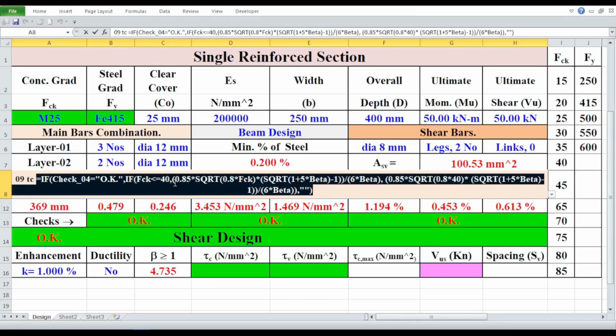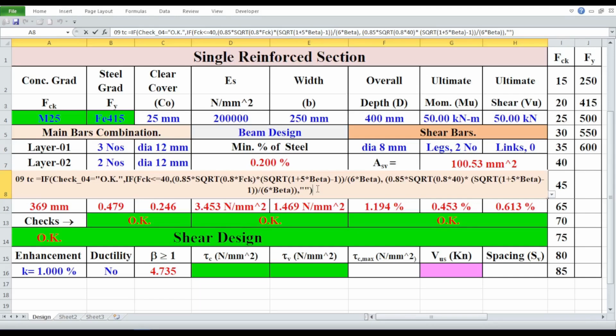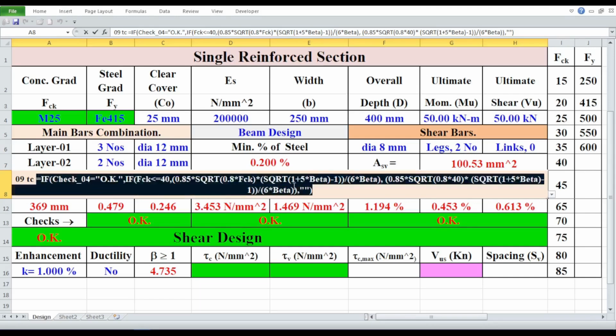less than or equal to 40, comma, open parenthesis, 0.85 multiplied by sqrt, open parenthesis, 0.8 multiplied by fck, close parenthesis, multiplied by, open parenthesis, sqrt, open parenthesis, 1 plus 5 multiplied by beta, close parenthesis, minus 1, close parenthesis, divided by, open parenthesis, 6 multiplied by beta, close parenthesis, comma, open parenthesis,